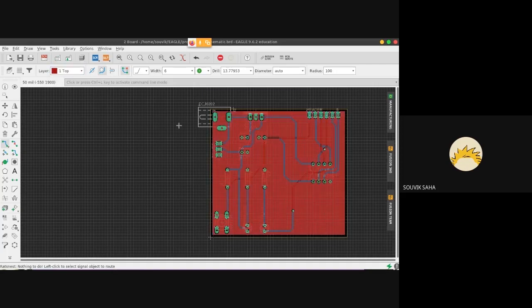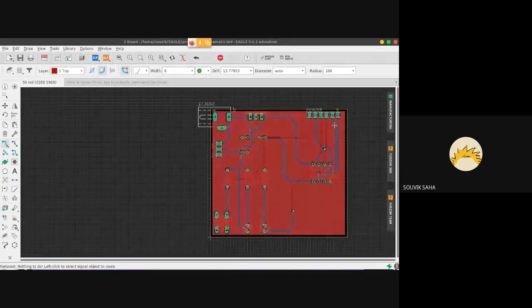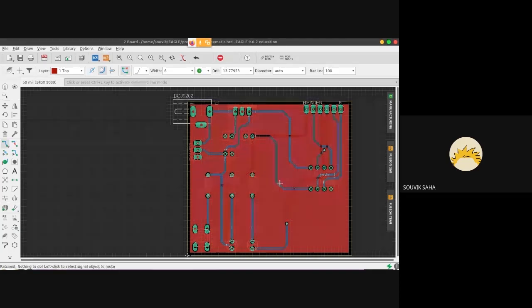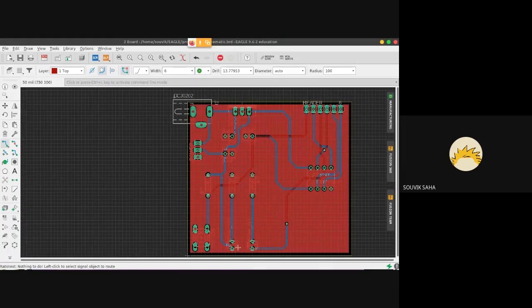So what this has created is something called a ground plane. All this red that you are seeing is basically ground. In PCB design, it's always recommended that you have a ground as large as possible. There are a ton of benefits to having large grounds. Basically, it helps in removing noise, it helps in stabilizing your power circuits, and a lot of other benefits as well. If you've completed this step, you should see this red ground, and on the other side, you should be seeing this blue ground.